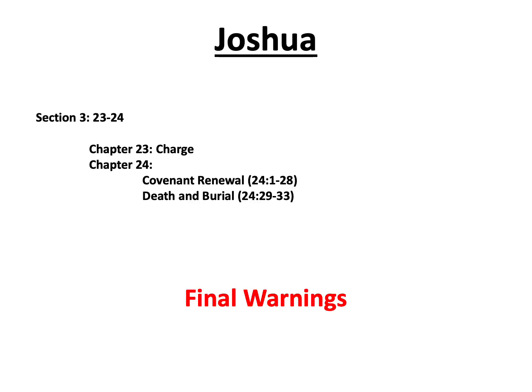One final aspect to note in the book of Joshua is that the book of Joshua ends with a final warning, as Joshua is declaring to Israel what the covenant says they are supposed to do in the land, and reminding them of the fact that God is a holy God and he does not take rebellion lightly. This is a final warning, a summary of the book of Deuteronomy,